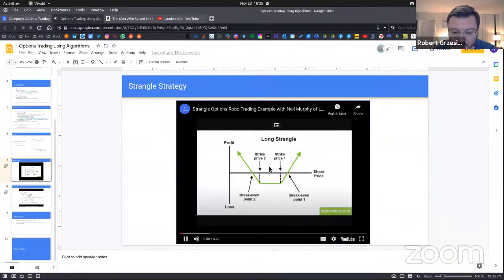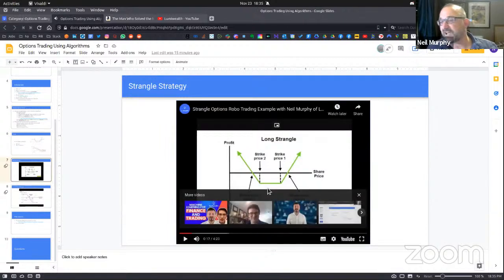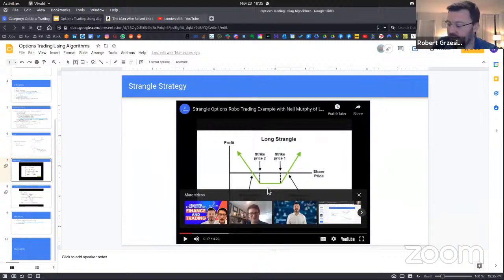Yeah, it's very, very quiet. There's a link in the presentation. You can look at it on Investopedia for a full description. This graph here shows the profile. Basically, we're going to be buying a call and a put. Sorry, can you hear it? It's very quiet, Neil. I think we need to have the microphone right next to the speaker.